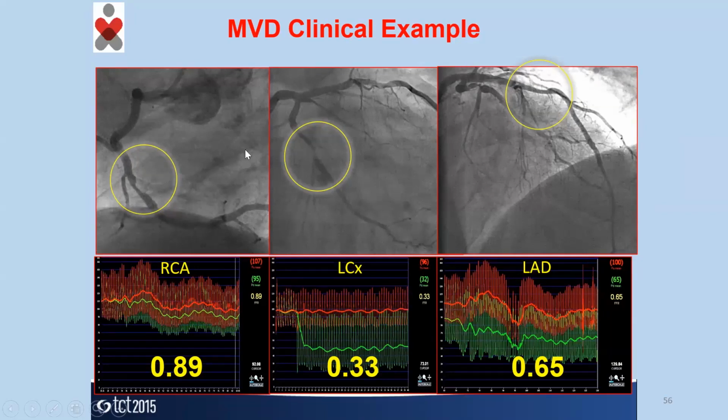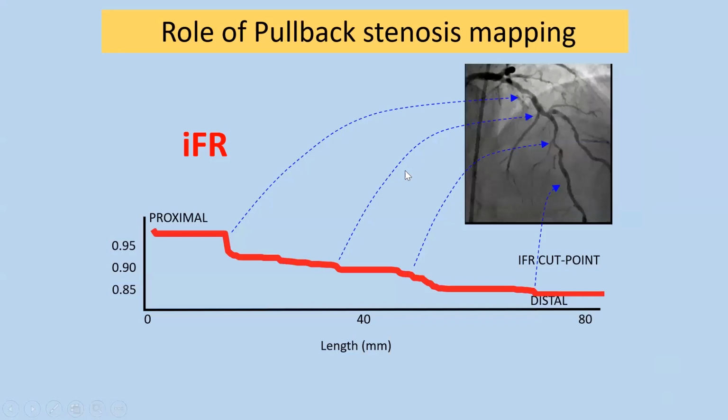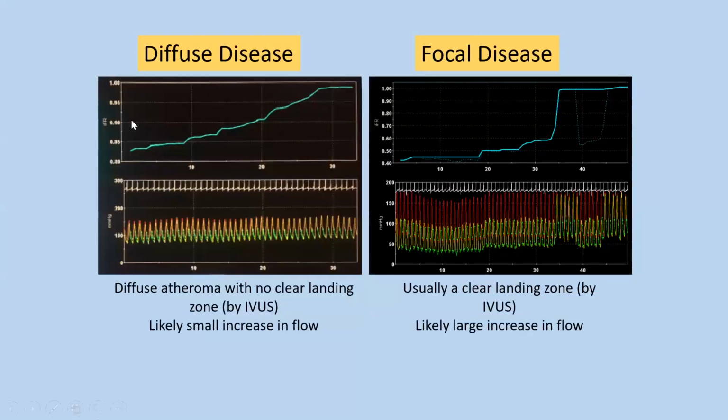more significant. So appropriately, we can treat using physiology, and also in multiple complex lesions, like in serial lesions, one can identify by mapping physiologically, identify the lesion which is significant, treat only that lesion so that we can reduce the number of stents. For example, if you look at the pullback of using an FFR or an RFR or